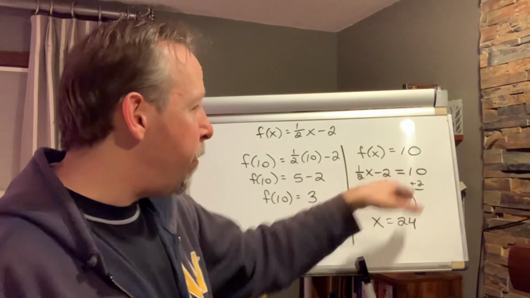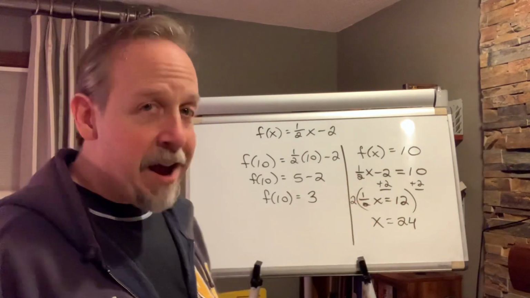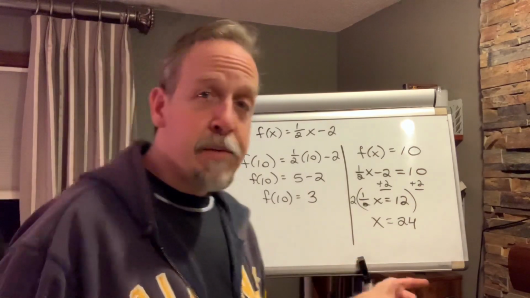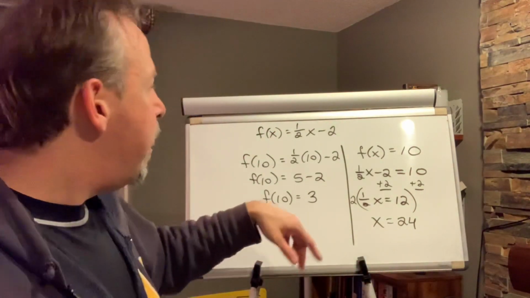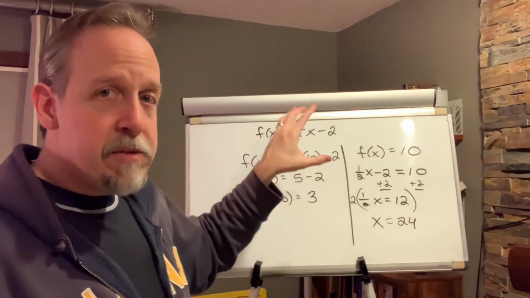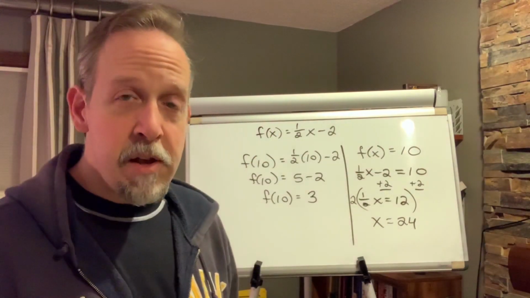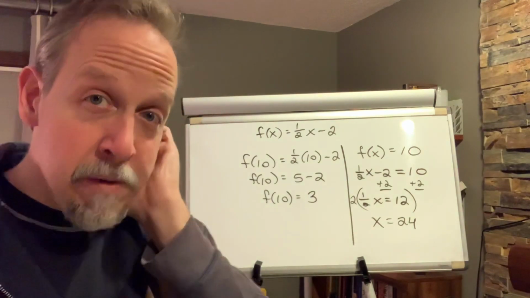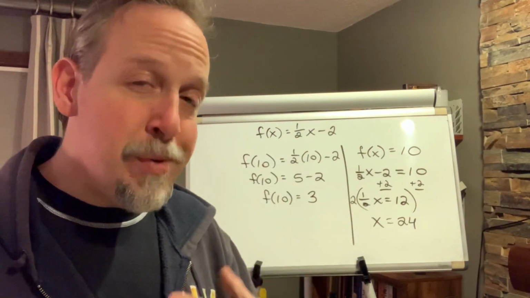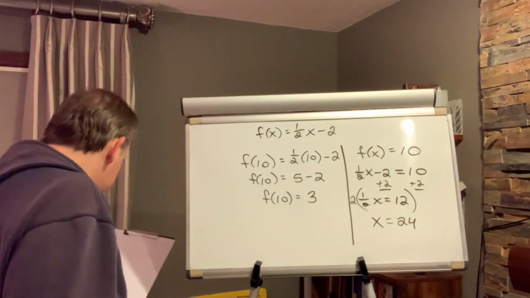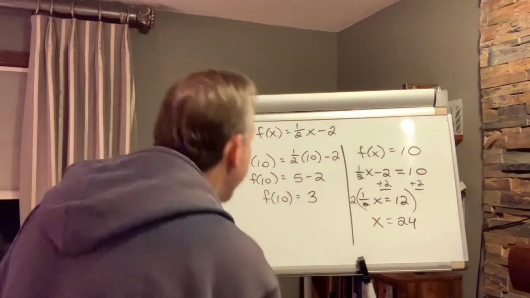We add 2 to both sides. We cleared the fraction by multiplying by the denominator of 2, and we got x equals 24. So double check it. Half of 24 is 12, and 12 minus 2 is 10. It worked. So again, you can have one function, but you could be asked 2 different questions at the same time. So let's try one more,